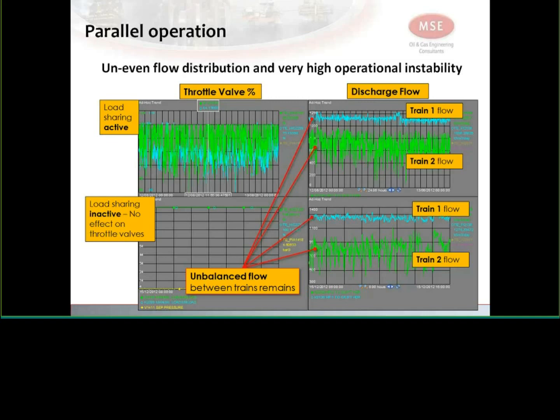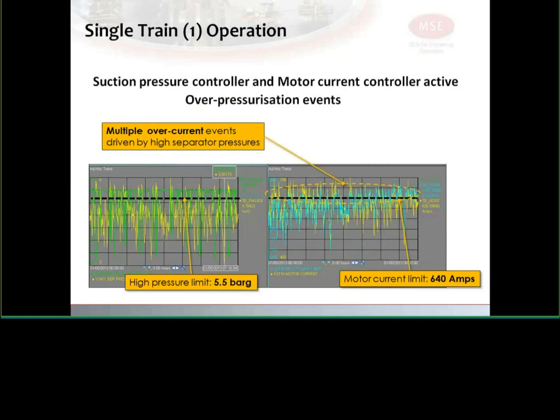Train 1, having high performance, draws a majority of the flow, and in this situation we call it the master train. Train 2 automatically becomes enslaved, and what ends up happening is that train 1 is operating at above capacity flow while train 2 goes into recycle, and this is something we do want to avoid. So this is what we took out from the first bit of this data. For the second bit,